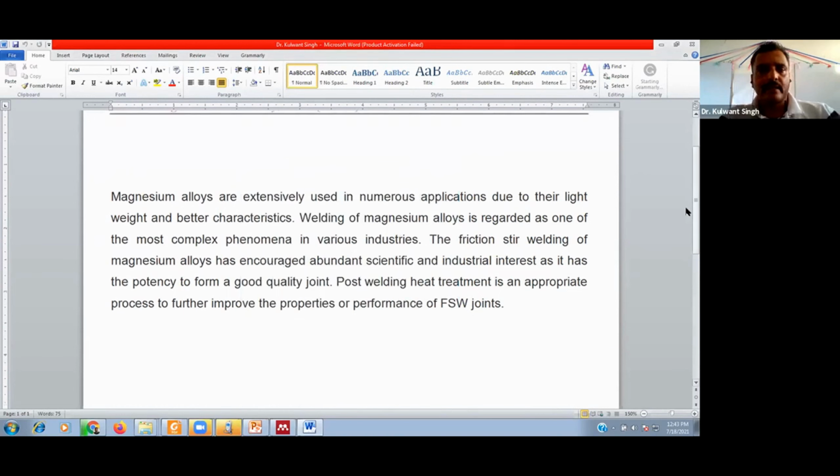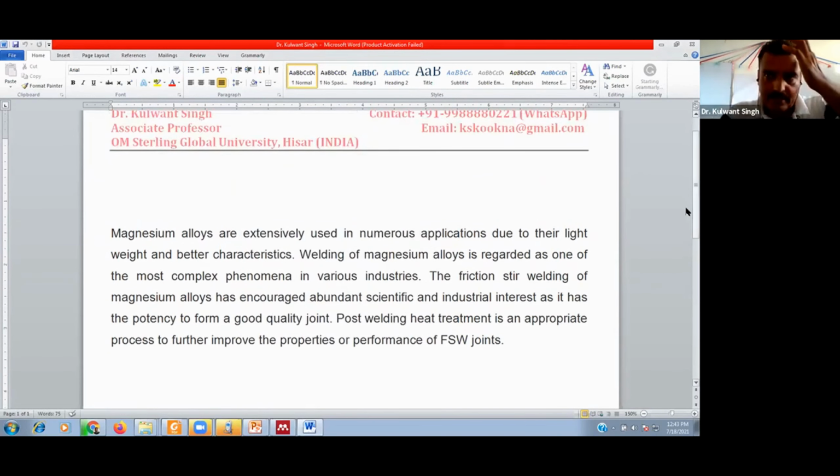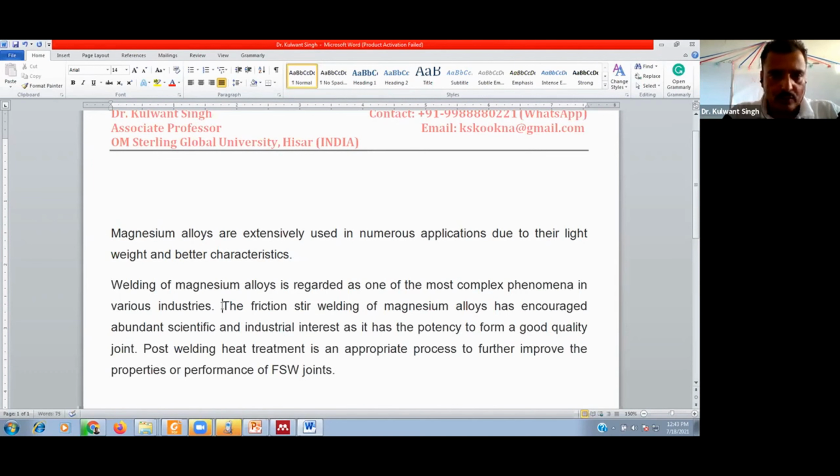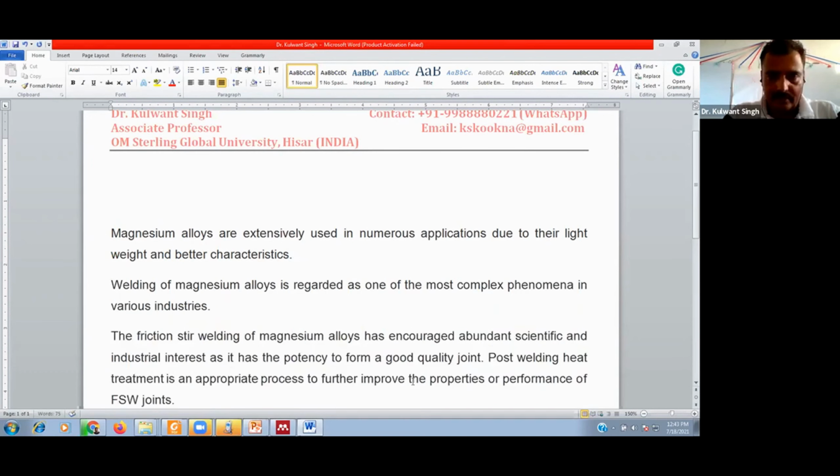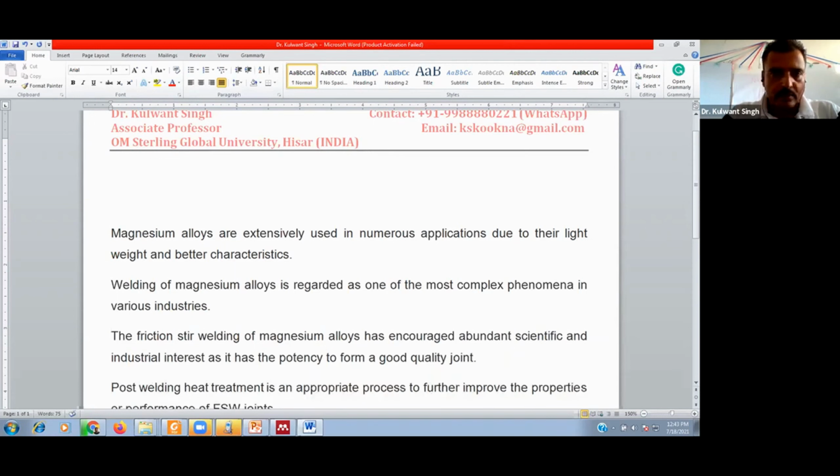Suppose I am starting the writing practice. I am writing the document, and during our writing practice, we use to cite the literature or the earlier published papers. So